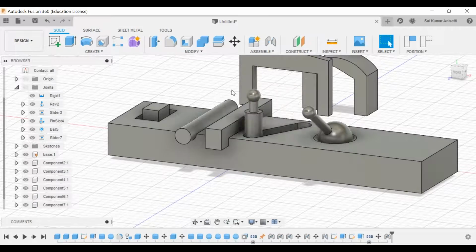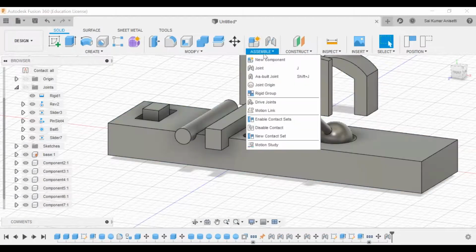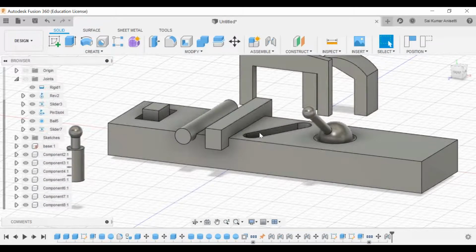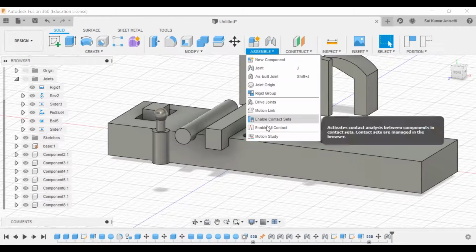Now if I rotate, see, it is not extending beyond its actual limits. If I disable all contacts, now it can come out of that particular joint, so it can go anywhere it needs to. Okay, that is about enable contact and disable contact.